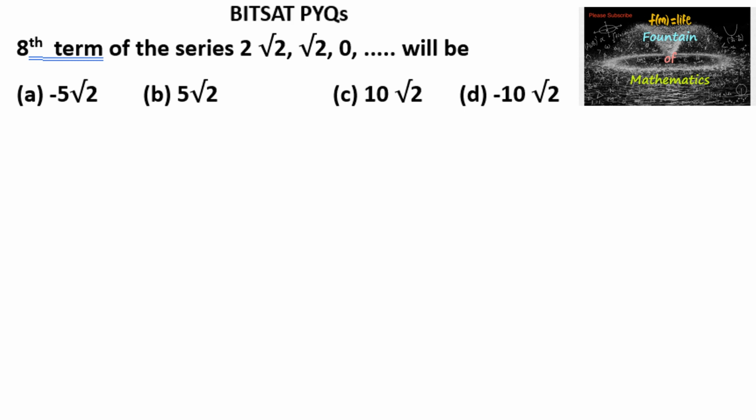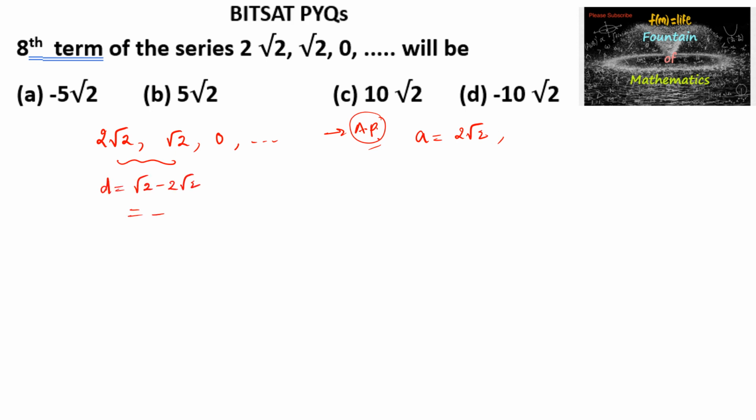We need to find the eighth term of the series 2 root 2, root 2, 0 and so on. Let's find which progression it is. We can clearly observe that the difference between 2 root 2 and root 2 is root 2, and again between 0 and root 2 is root 2. So we can say it's an arithmetic progression with the first term a equal to 2 root 2, and the common difference d is root 2 minus 2 root 2, which is negative root 2, and again between these two terms 0 minus root 2 is minus root 2. So we can conclude that the common difference d is equal to negative root 2,